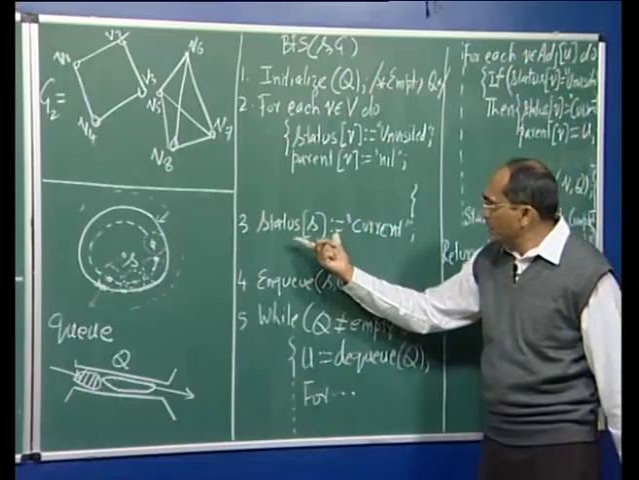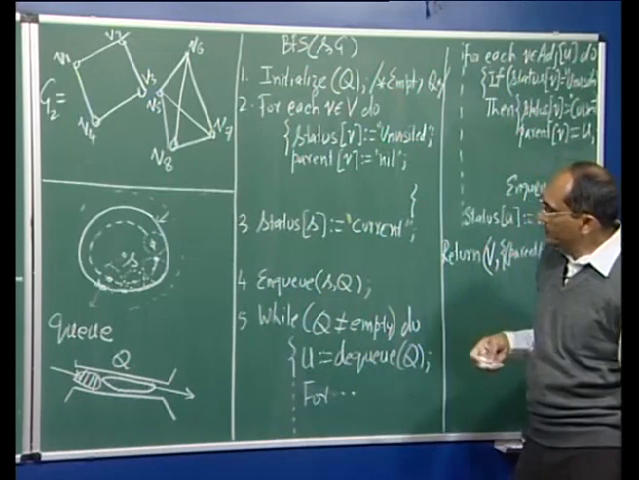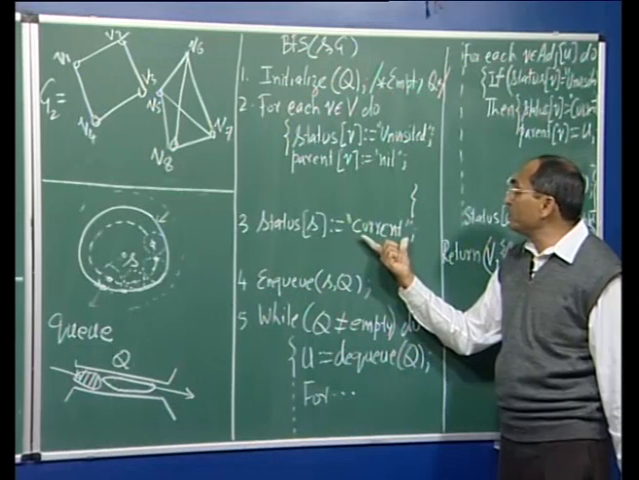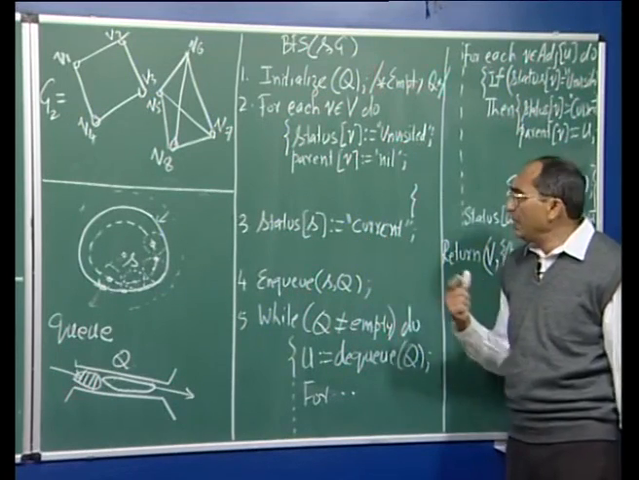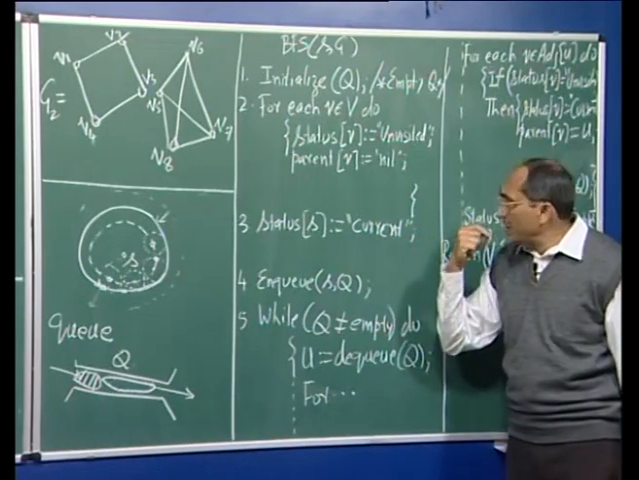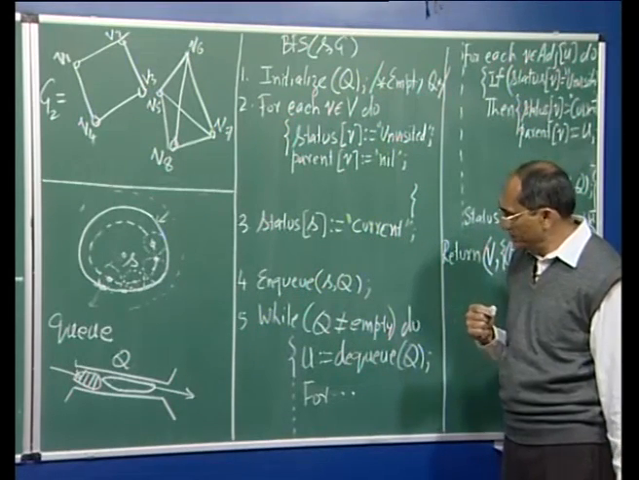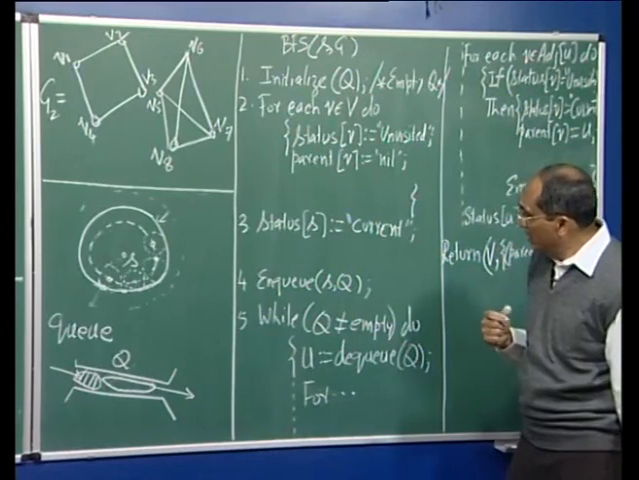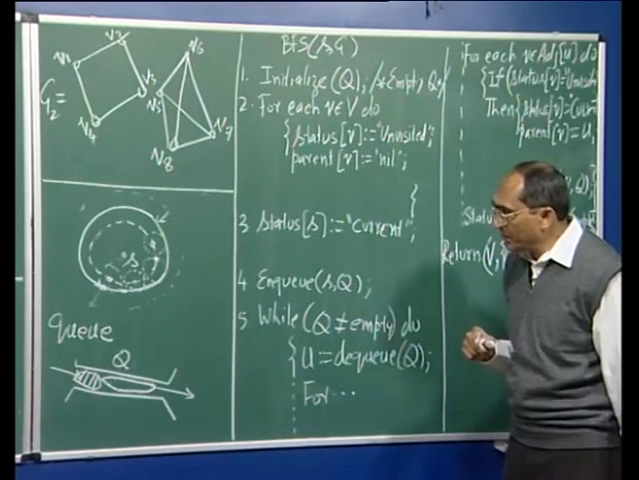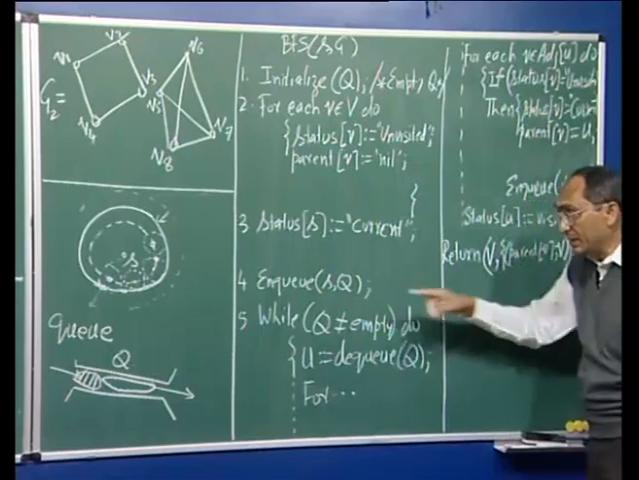Now, S is our first vertex. We are going to set its status to current, and what this indicates is that currently I am going to search its neighbors. I am going to put this into the queue. All those from which we have to search the neighbors are going to be put into the queue, and then we begin this